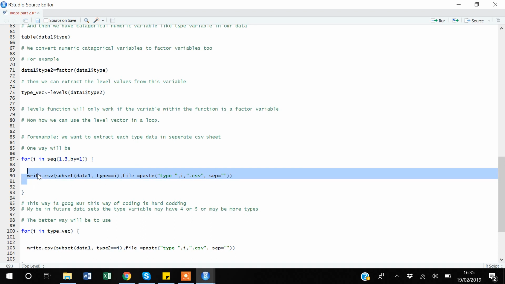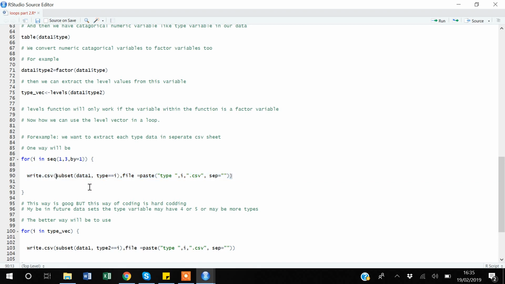So in this command I'm saying write a CSV file, and I'm saying import a subset of data1, and I'm giving the condition when type is equal to i. So type is equal to i means that type will be 1, 2 and 3. So I will be importing subsections of data1 into a CSV file, and I will call each CSV file a